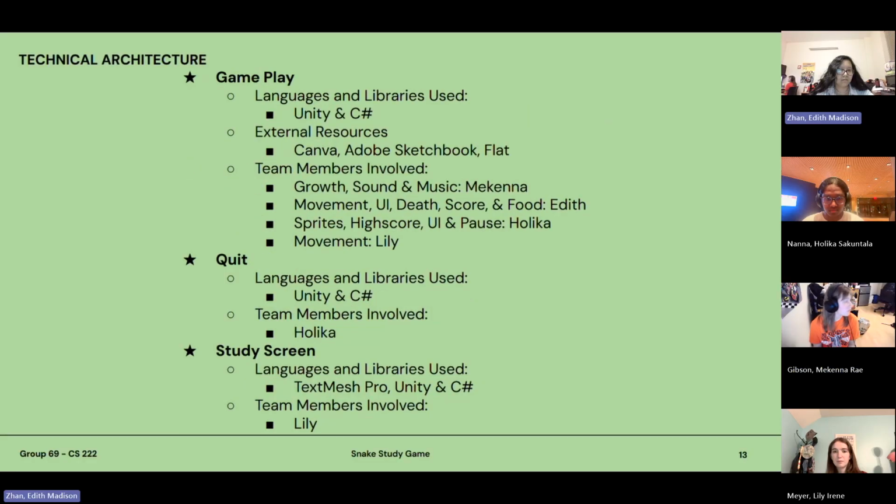Then the next one, we have the gameplay, where a lot of stuff is going on in our project. We've got the snake, we've got the food, all the good stuff's there. In addition to all the resources I mentioned on the last slide, we also used Canva and Adobe Sketchbook to create sprites and design elements of the UI, and Flat, which is a music composition software used for the sound effects in the game. Inside of here,